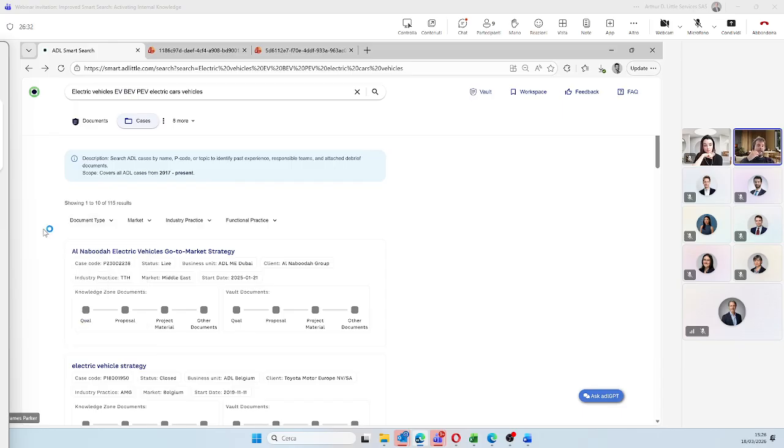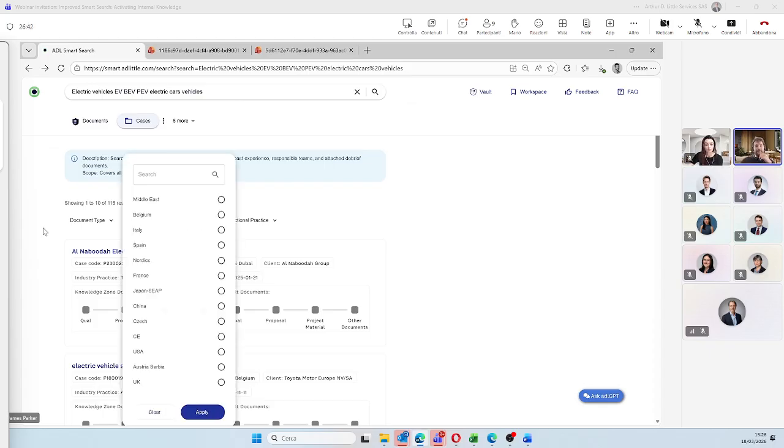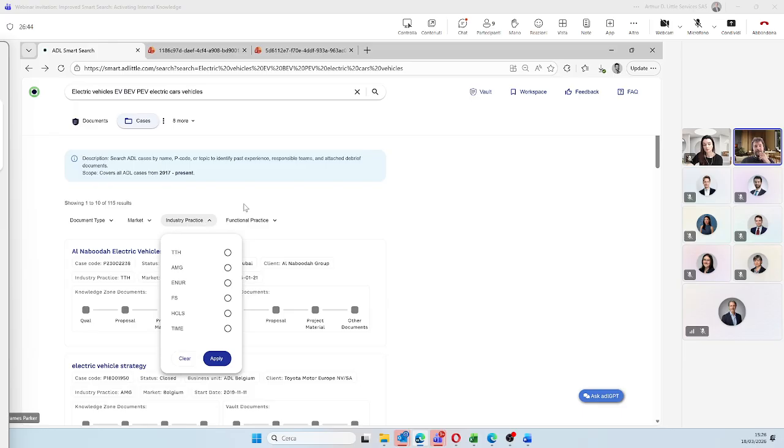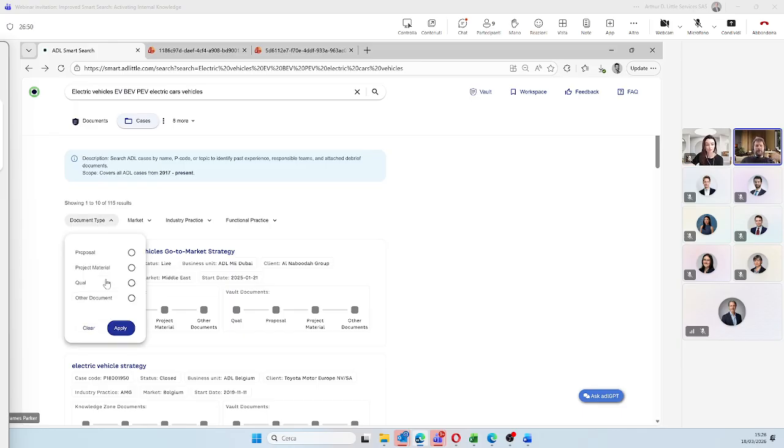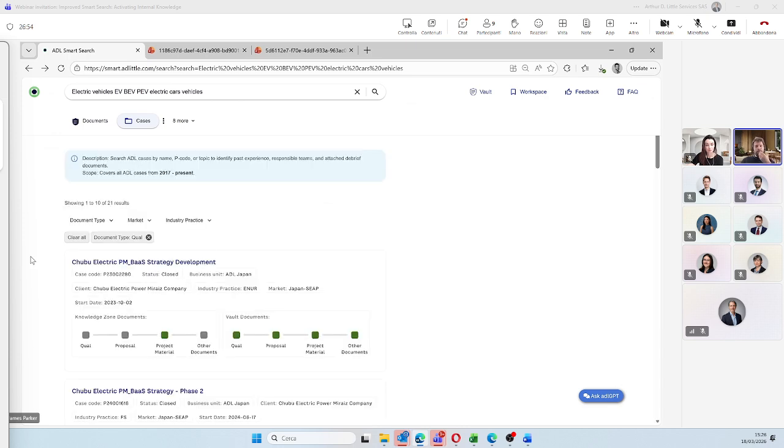So if I filter on this, then this will show cases that have had documents debriefed on them. I can filter by market. I can filter by the industry practice, and I could filter by the functional practice. So in this scenario, again, let's say I'm looking for quals. So I want to apply this filter and see which ones that meet my term have got